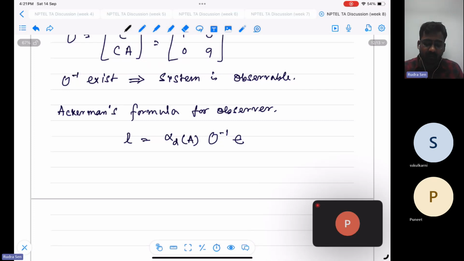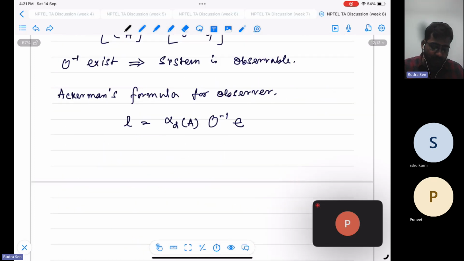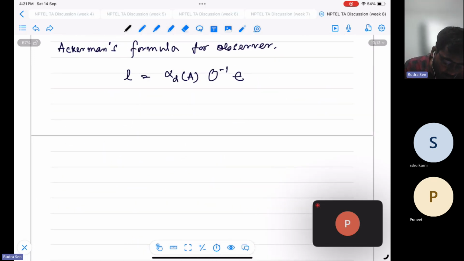If you take a transpose of this, you are basically finding out the controllability. If you just find out the feedback gain control for the dual system and take a transpose of this, it is very much similar to the previous one. So what is our desired pole location? The desired pole location is given as